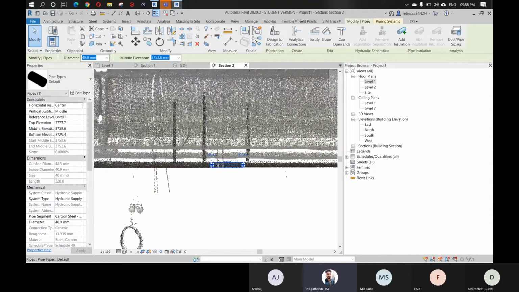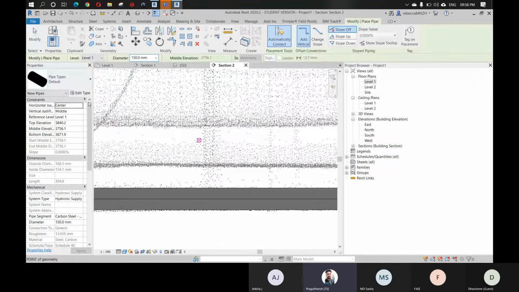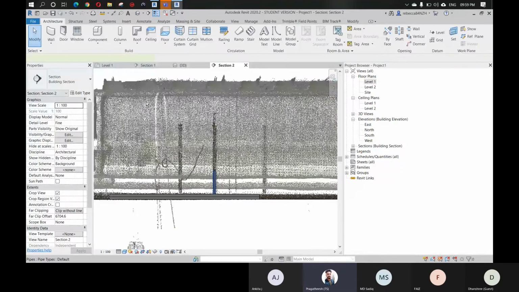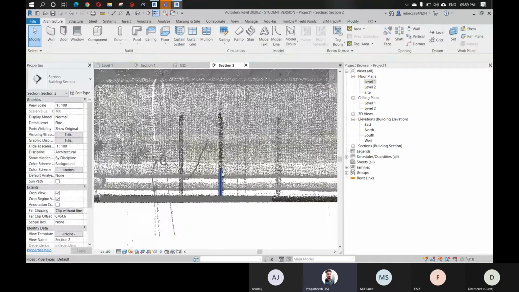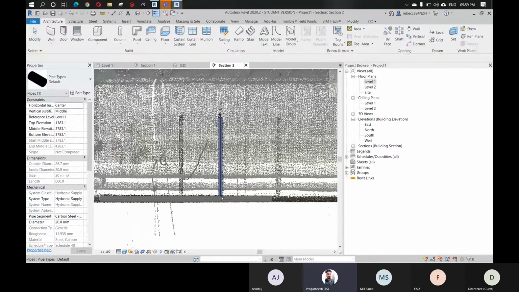And you want to know about this pipe, the sprinkler pipe. So again, click pipe, and it must be 15 mm in normal cases. If it's not matching, change to the next size. Now it is somewhat matching. So this is a 20 dia pipe. So this is how you have to model.